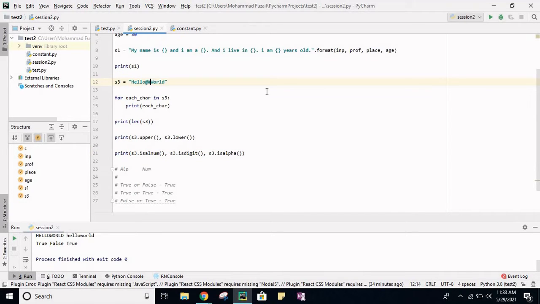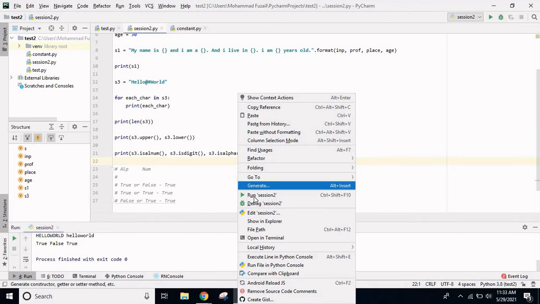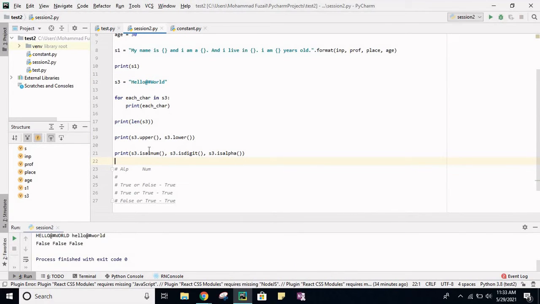Let me show you. Let's say I add two special characters and now if I print, so for isalphanumeric also we got false. So any of these functions returns false if any string contains a special character. It never checks for special characters. It will always give false for special characters. It will only check for numerical or alphabetical value. So even in this way you can check if a string contains a special character or not. You can use any of these functions. It will always give you false if the string contains a special character. In that way you can check.